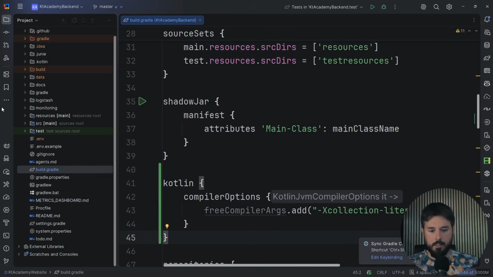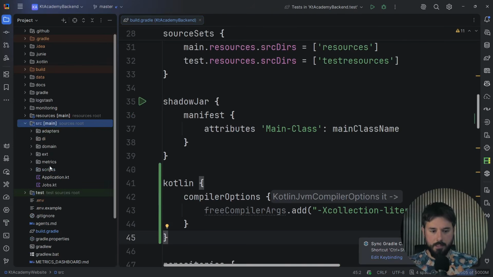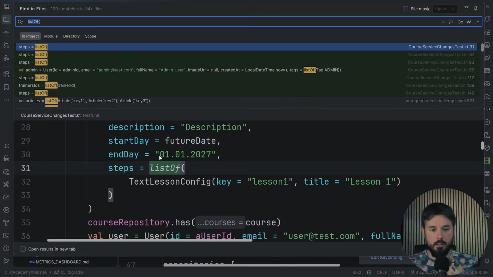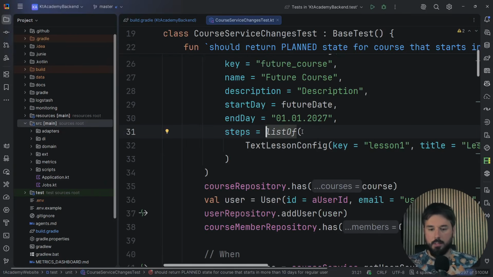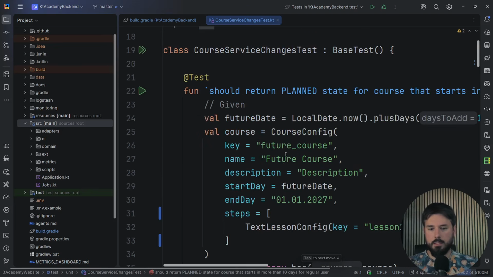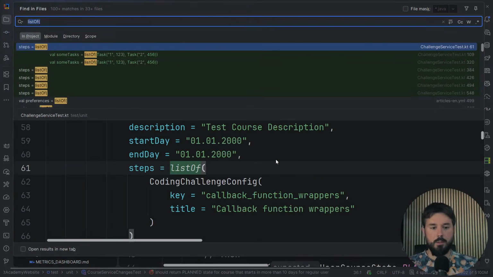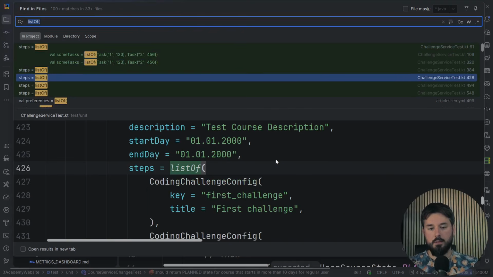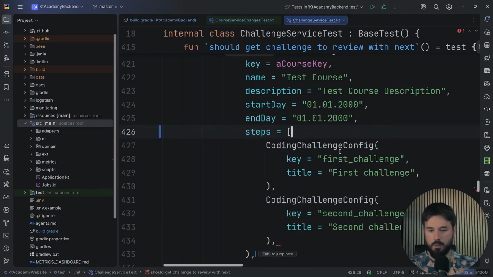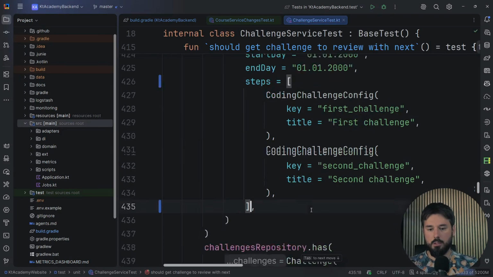And now I can start replacing my listOf calls with collection literals. So here, instead of all that, I can use that. And so on, in all the places where I have listOf, I can start using a collection literal.